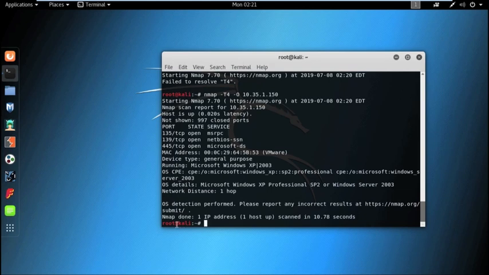Okay, we also got the operating system, it is showing Microsoft Windows XP Service Pack 2 Professional.